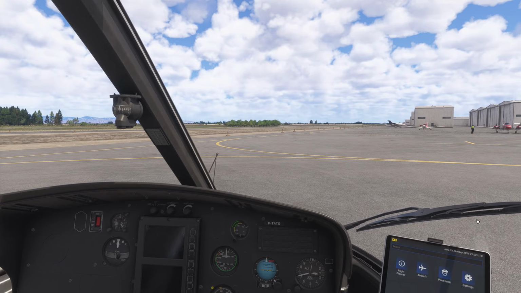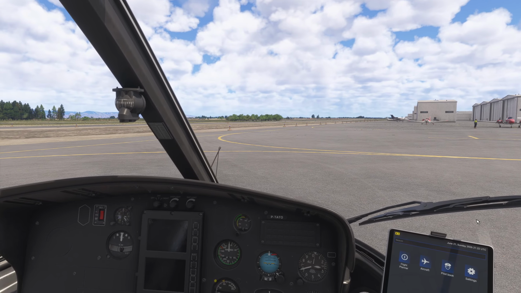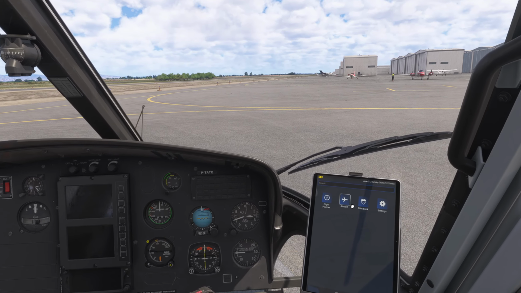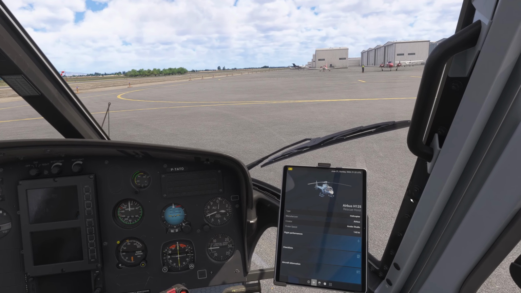Alright, and welcome to a fun little quick video on how to start the good old Airbus H125 helicopter in Microsoft Flight Simulator 2024. I'm going to keep this pretty straightforward, just going to do some startup and shutdown procedures part of the checklist. If it seems like my head is moving kind of floating or moving a little different